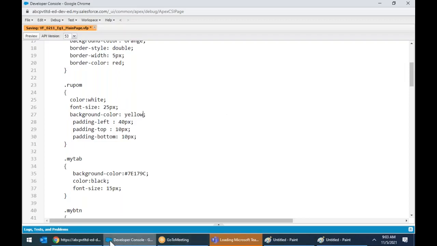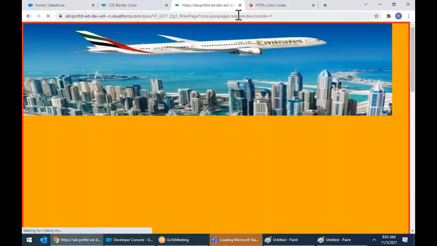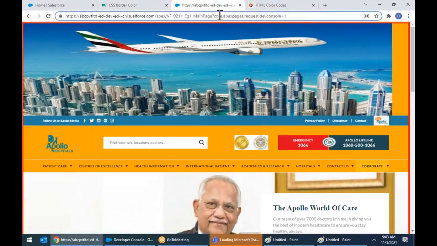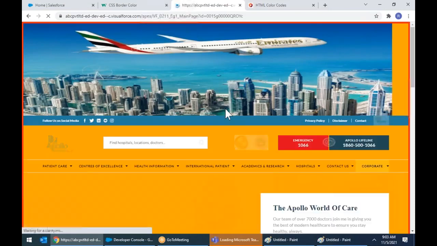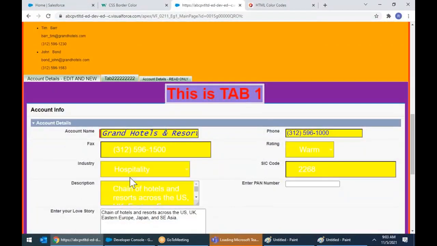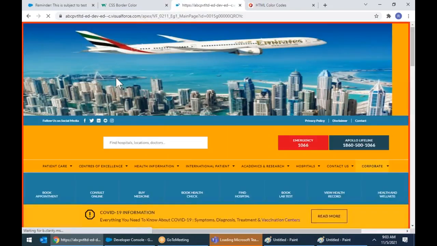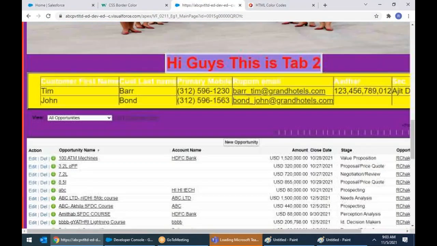Control S. You go ahead and see, the table color also will change to yellow. Question mark ID equals to. Everywhere the fields will change to yellow. The data table also will change to yellow. In tab 2, if I'm not wrong, we have created. See, you can apply to a table, you can apply anywhere. Now,